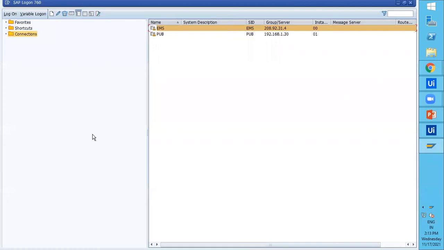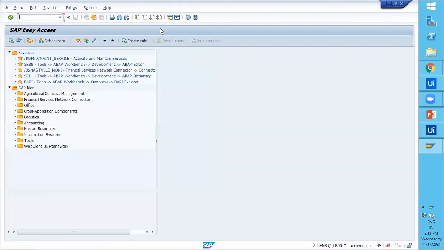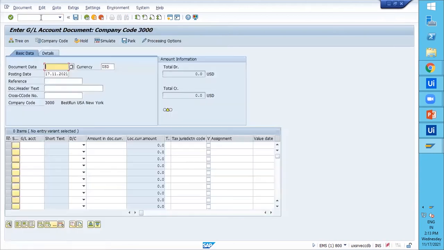So the bot is executing the second test case. Same process as before, it logs in to SAP, triggers the FB50 transaction code, and populates the data. It takes all the data from the Excel sheet.